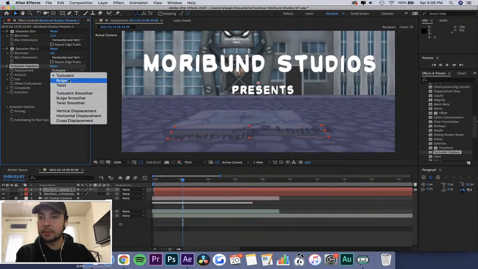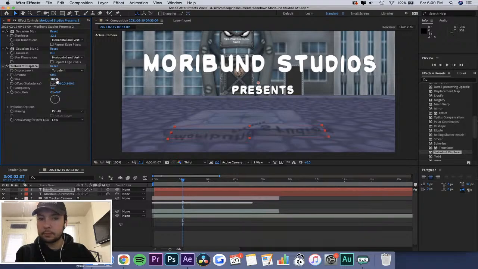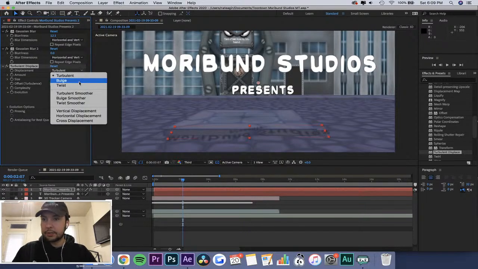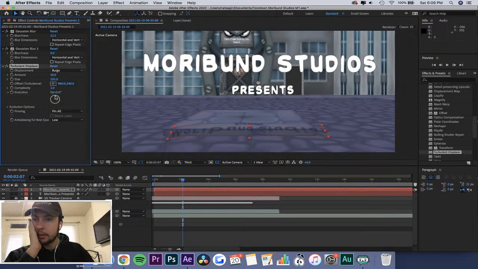Oops. Okay. Trying to figure out how to control this here. So probably would be this. We're gonna add a bulge effect, trying to look like it's going over the curve here. Ooh, it's not working.